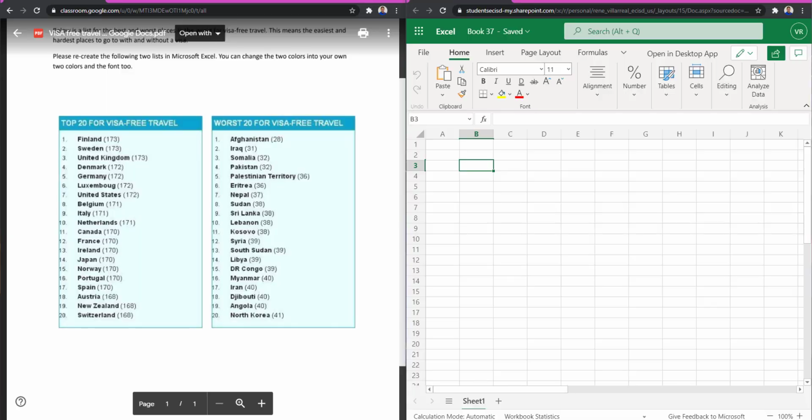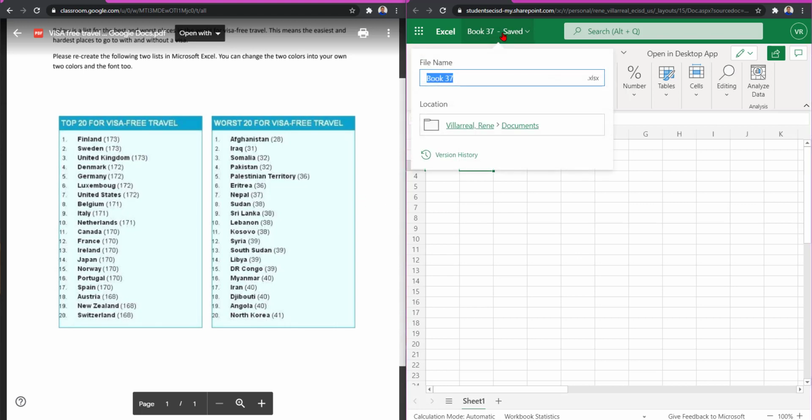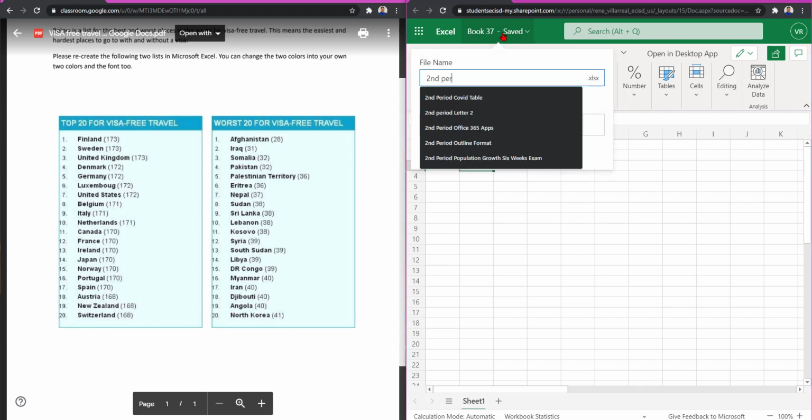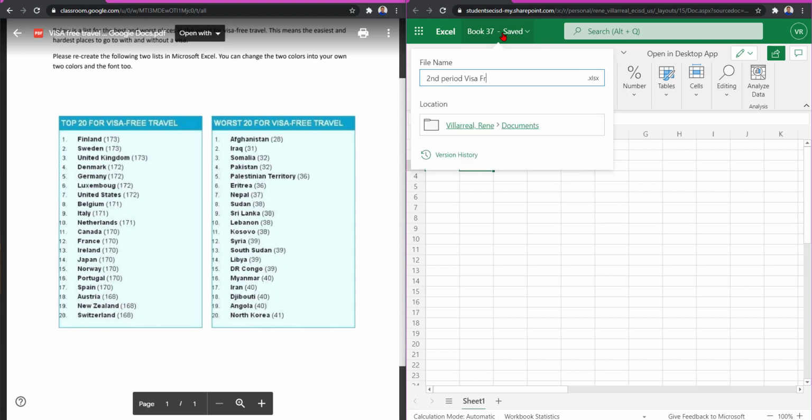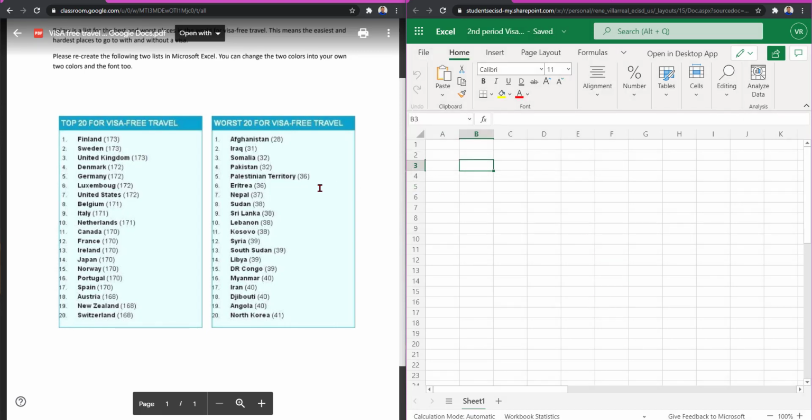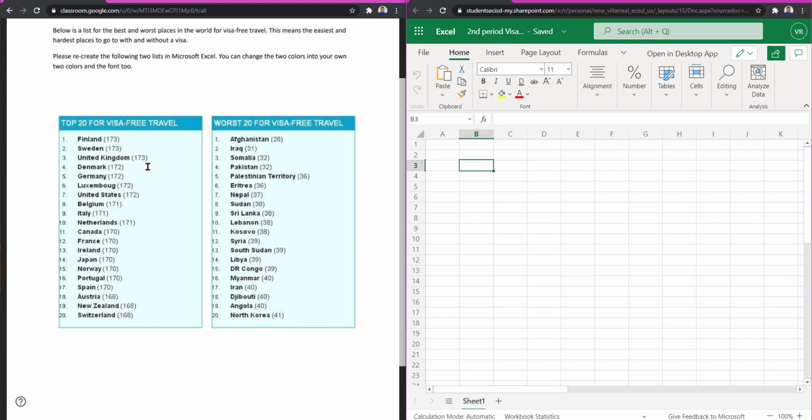All right, guys, this is our first assignment for the last 6 weeks. And the first thing we're going to do is give it a title up here. So write the period you're in and visa free travel. All right, so this is actual data, top 20 countries for visa free travel and worst countries for visa